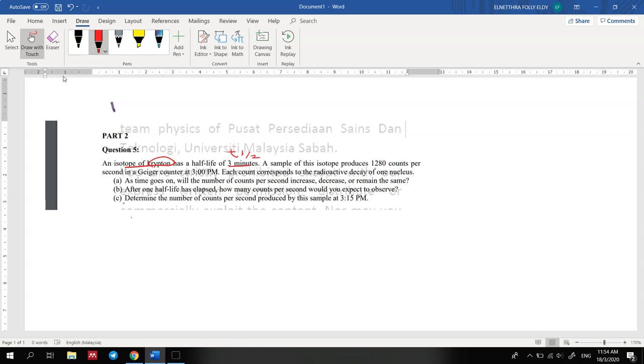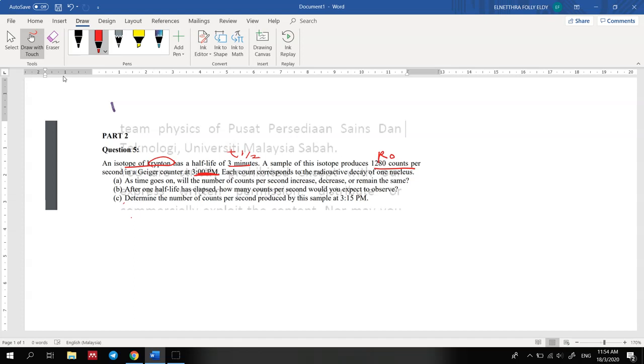I was given the original activity for this krypton, which is equal to 1280 counts per second. So this is my R0, and this R0 was counted at 3 p.m. So the original time is 3 p.m. At 3 p.m. the activity of this isotope is equal to